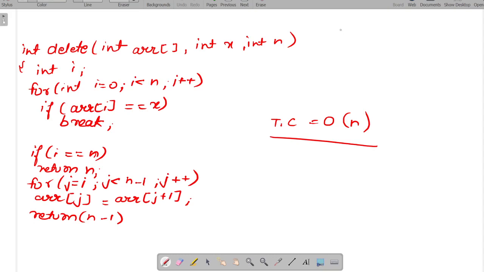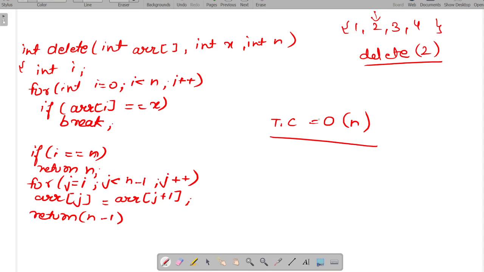to x, which means that suppose we have this array 1 2 3 4 and we need to delete 2 in this case. Let's take an example as 2. Suppose we are traversing and we check whether the first element array of i is equal to x. No, it is not equal to x because x is 2 and array of i is 1. So we will not break in this case. We will simply do i plus plus and move on to the next element. Now array of i is 2 and x is also 2. So we can see that the if condition is satisfied, so we will break from the loop.